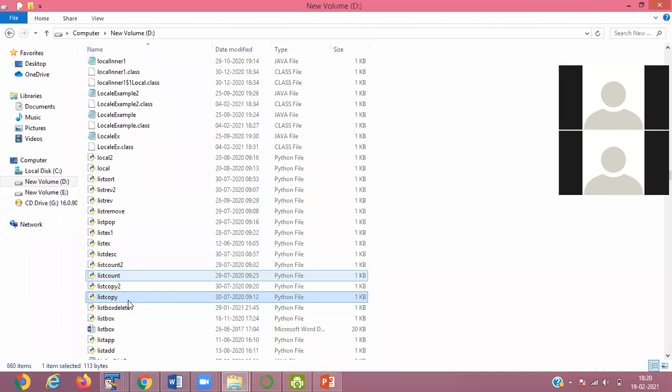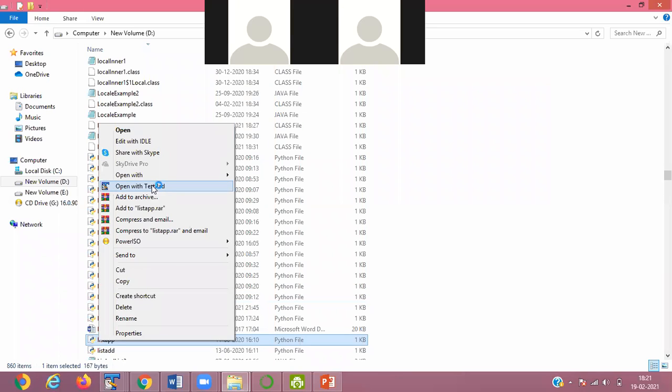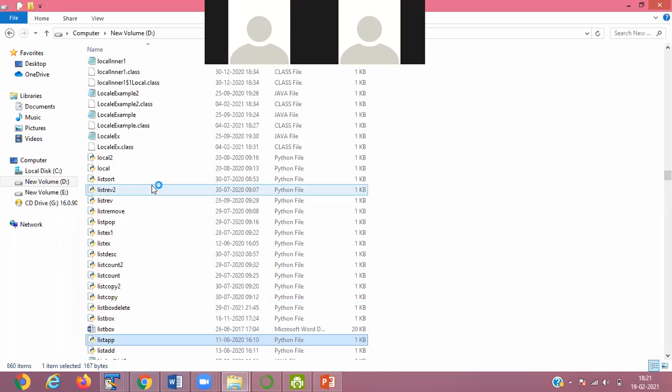Then if you add an element, means first we use an append method. Append means it is adding the element at the last index position.